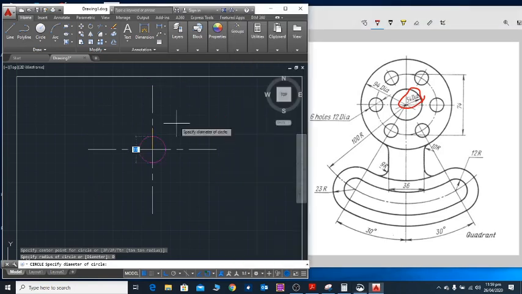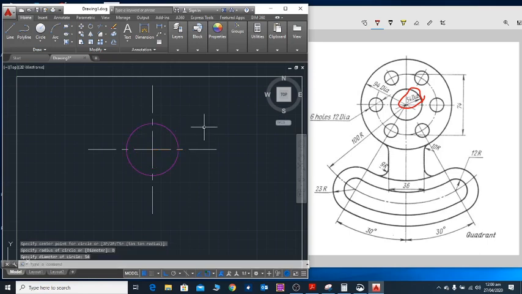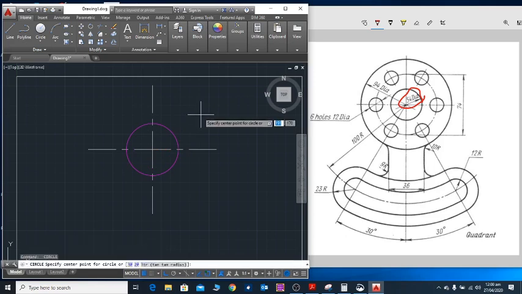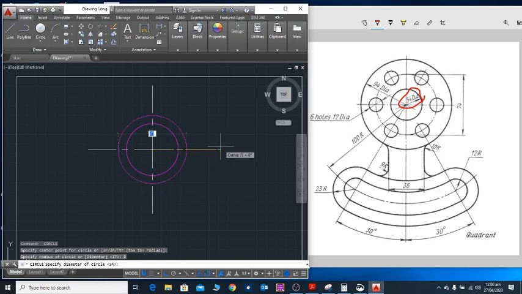Having selected diameter, it will now say specify diameter of the circle. I will now type in 54. Enter. I will press the spacebar or enter to repeat the circle command. So now I'll select this midpoint, right click, select diameter,